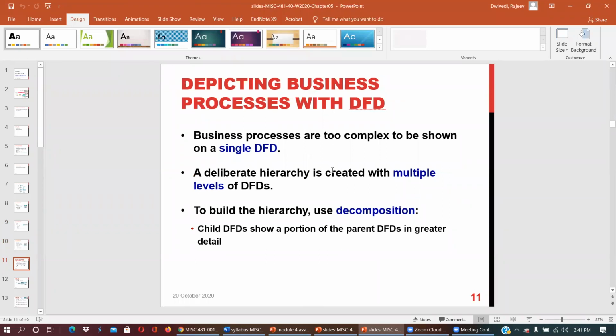Therefore a hierarchy is created with multiple levels of DFD. To build the hierarchy, use decomposition. A child DFD is shown as a portion of the parent DFD in greater detail.